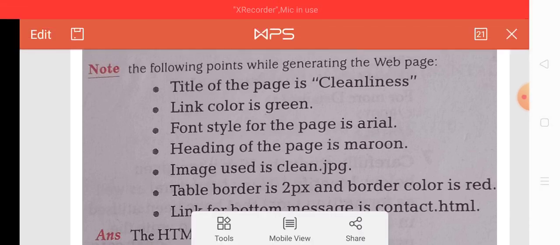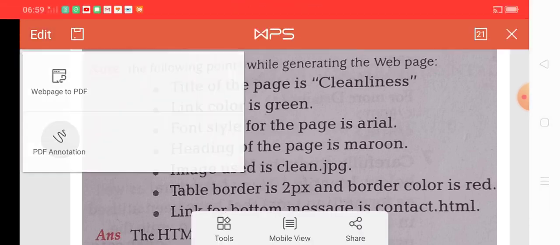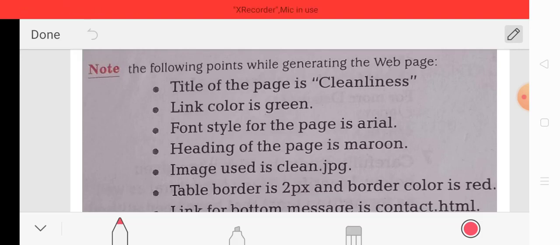So in this question, it clearly indicates that the title of the web page is cleanliness, and it is also given in the web page. Link color is green, it is not visible, so we have to make the link color green. Next, font style for the page is Arial. Okay, heading of the page is maroon.